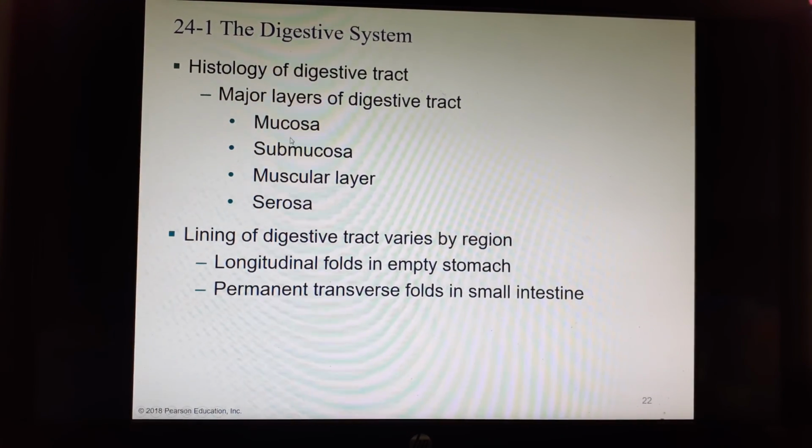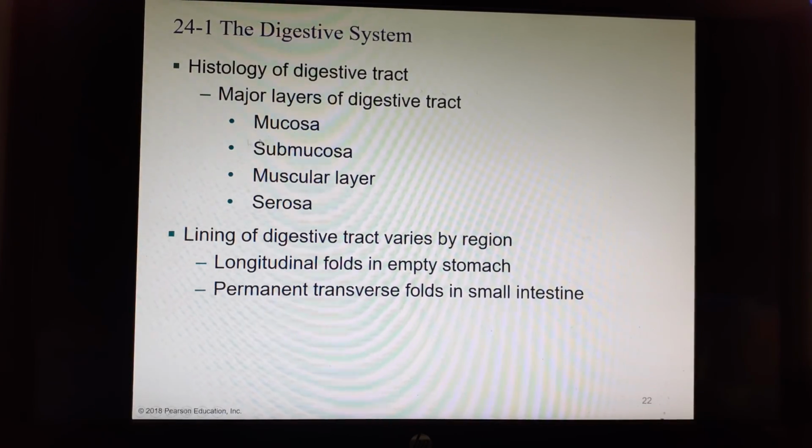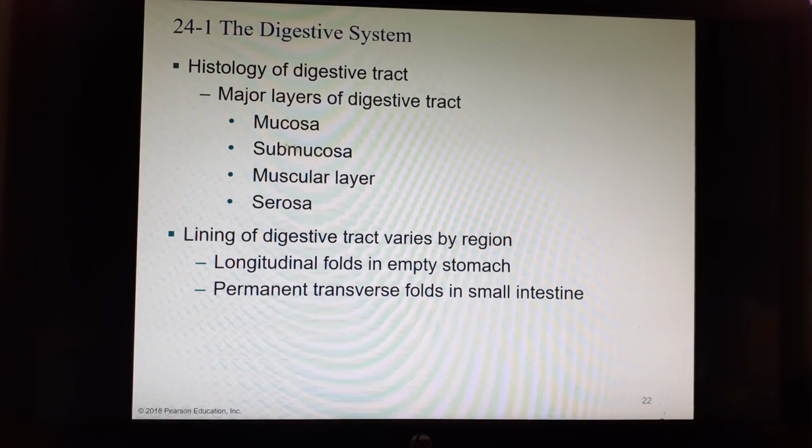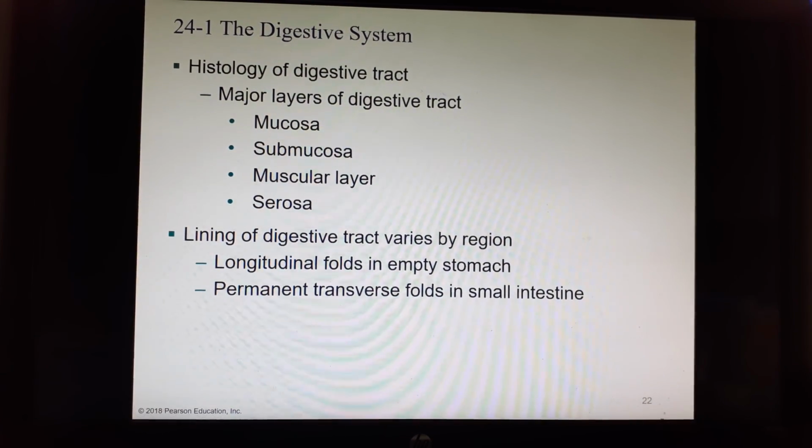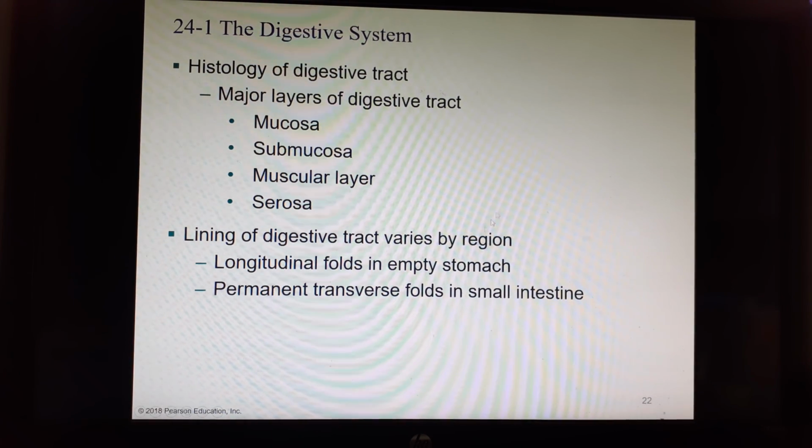Now there's a little variation as we go through the digestive system to these layers. But again, if you learn these earlier and you learn what's in them, you learn where the nervous system components are, you're going to have a much easier time understanding this entire system. Lining of the digestive tract varies by region. We have a